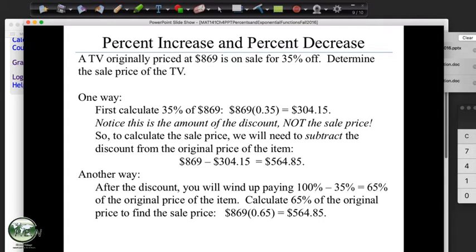I could just sit here and click through it, but I also want to show you an alternate way, which I've been doing. And the thing is you'll find that you can actually get pretty good at doing it while you're in the store. 35% discount, I probably round it to like a 30% discount because I could do it. So I'm multiplying by 7, and I can get pretty close to what it's going to cost me, rather than trying to figure out how much discount and then hold that in my head and then do a subtraction. I can never do that. But I can get a pretty good estimate by figuring 35% off is 65% on.